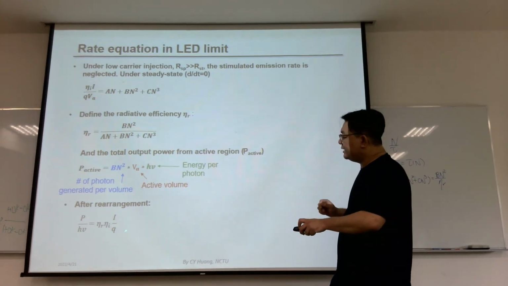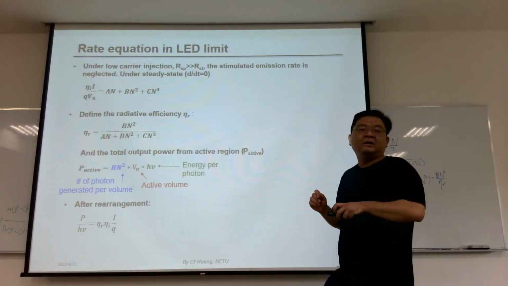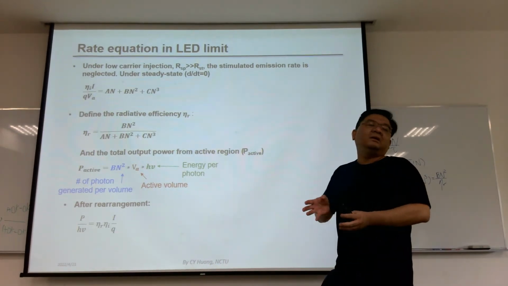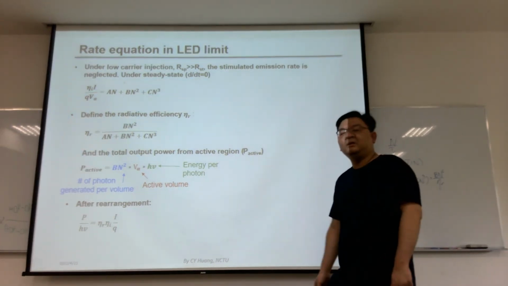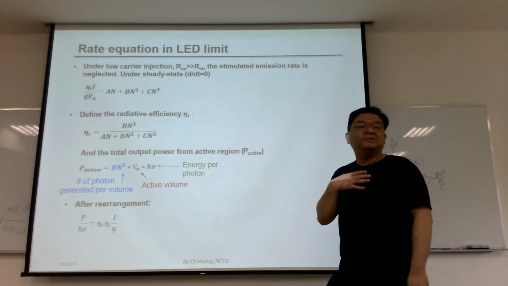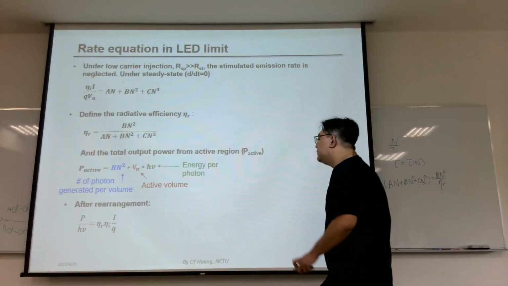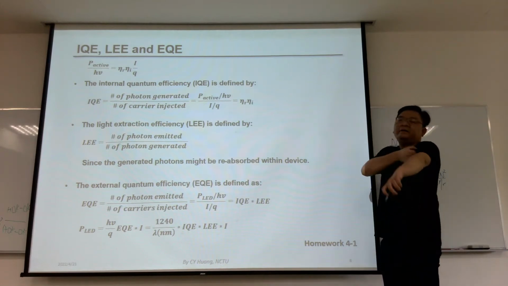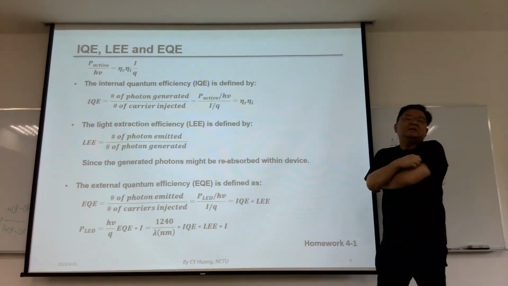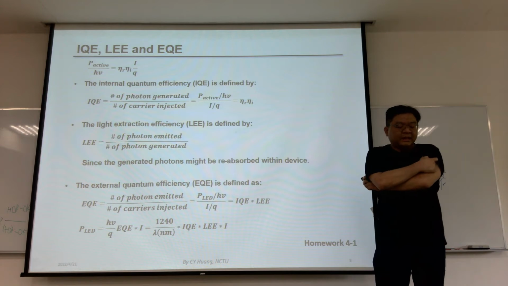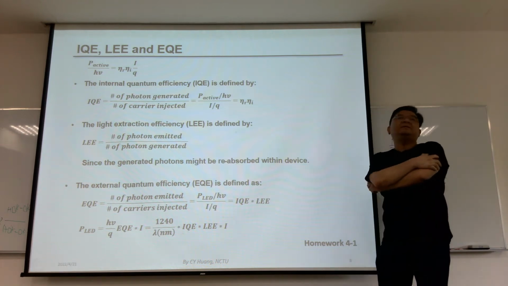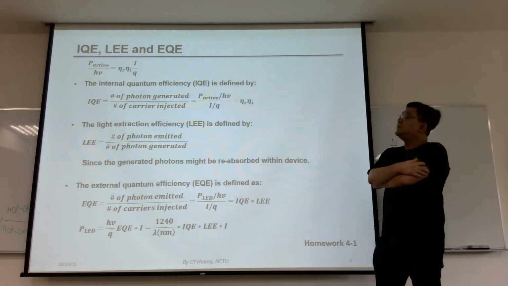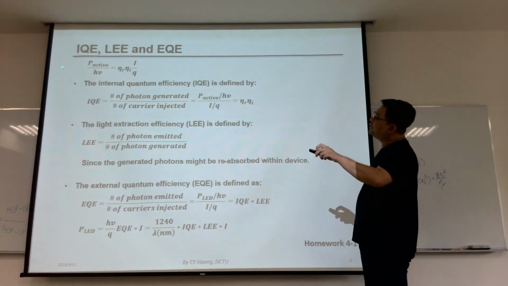And the loss part times zeta R, because some parts of the carrier will be consumed by non-radiative recombination. Then the efficiency in the LED region, that means the optical gain has a role,